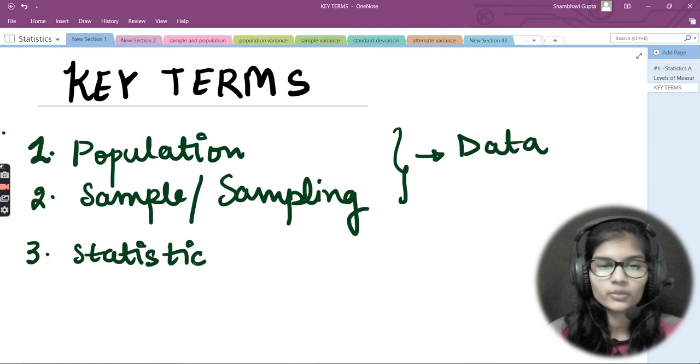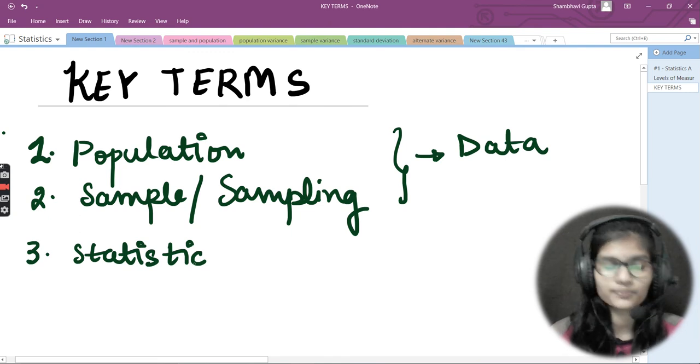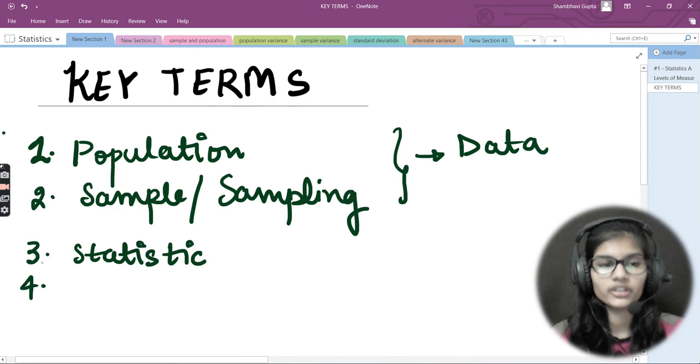Here you need to listen to me very carefully, because I'm not writing out any of the definitions or examples, as that is not required here. So listen to me very carefully and patiently.